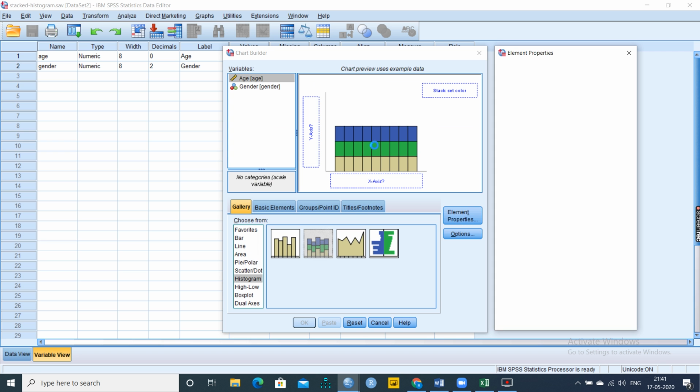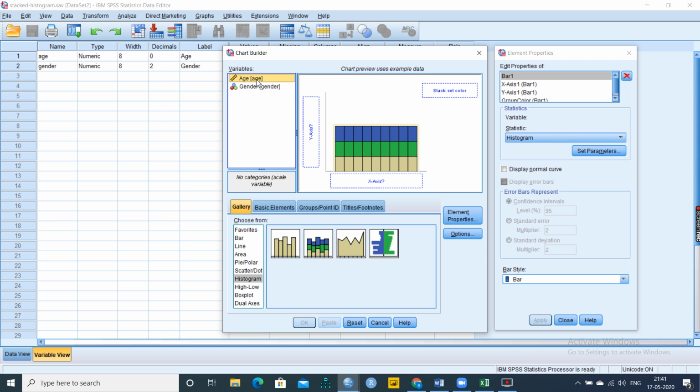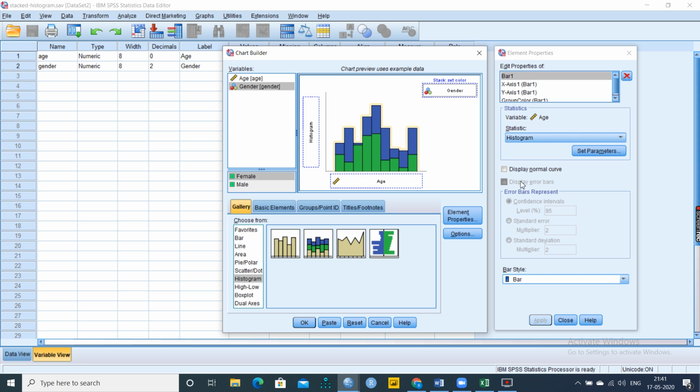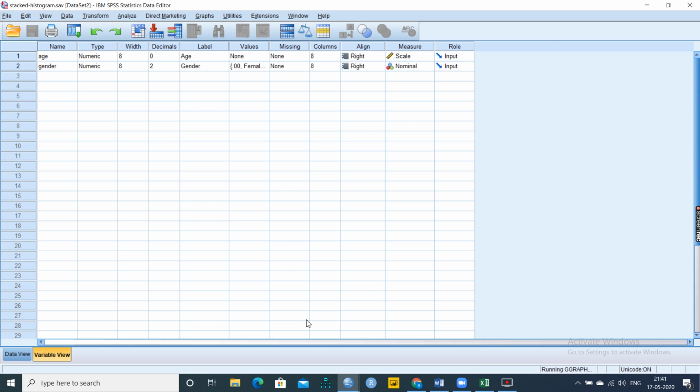Push the stacked histogram here, put age on the x-axis, and gender should be given in the stack set color, then display normal curve, apply and click OK.